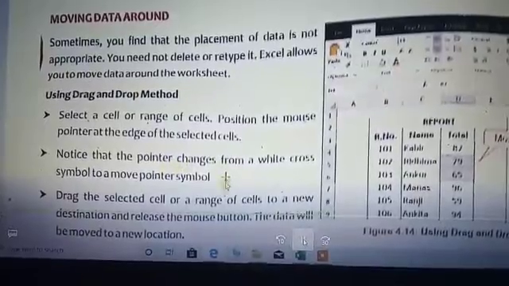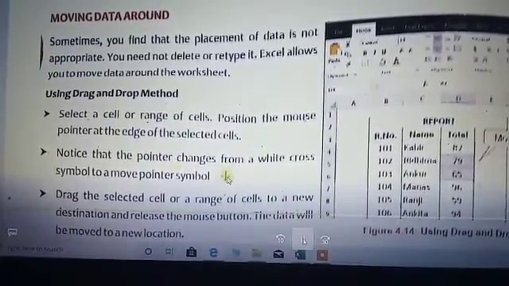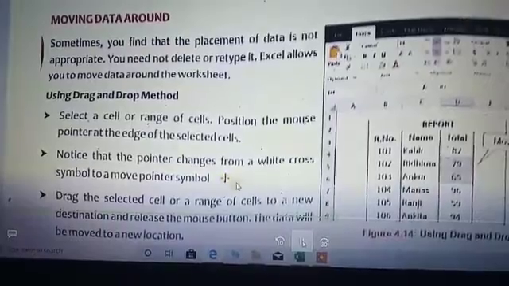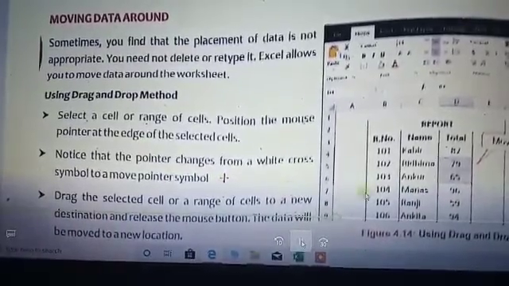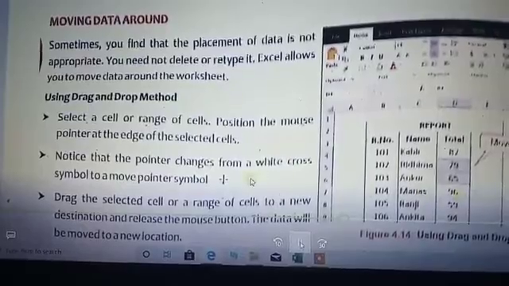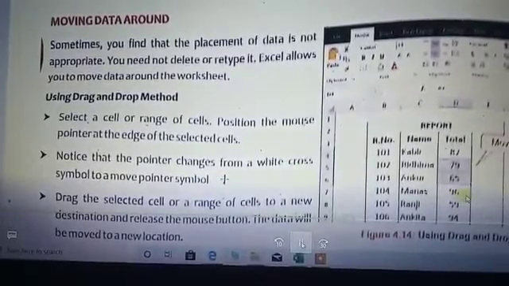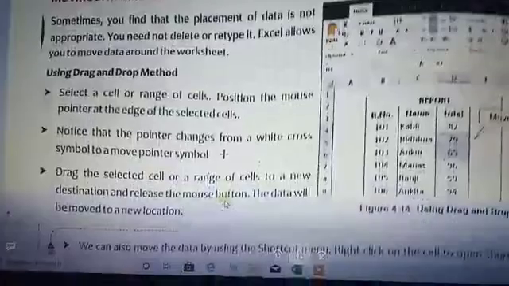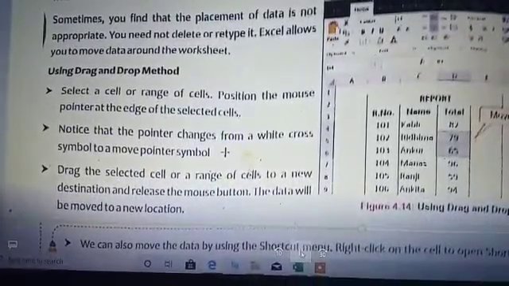The pointer will change into a plus arrow mark. When the pointer has changed, you drag it. Where you drag the pointer, the value is automatically shifted and displayed there. This is the common process we can do in a practical manner.